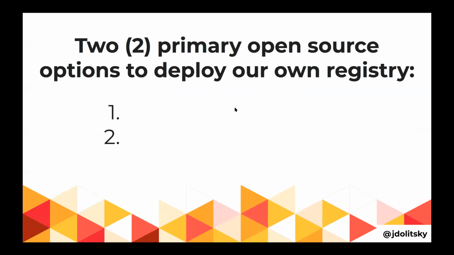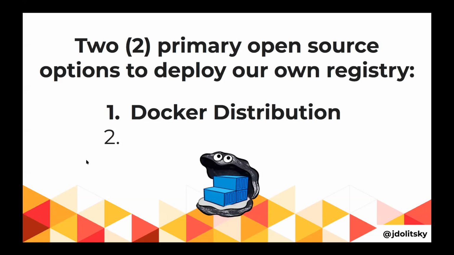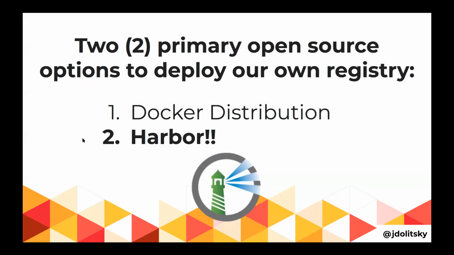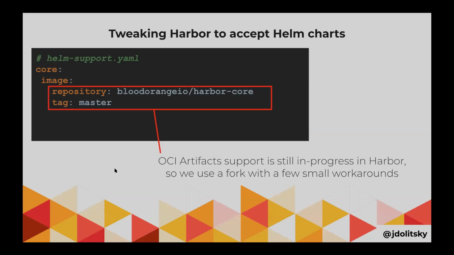So we really only have two open source options to do so, one being Docker distribution, also known as Docker registry. And this is the most basic way to do so. And then we're on the Harbor call. The second way is with Project Harbor. So if you want to deploy Project Harbor with Helm charts